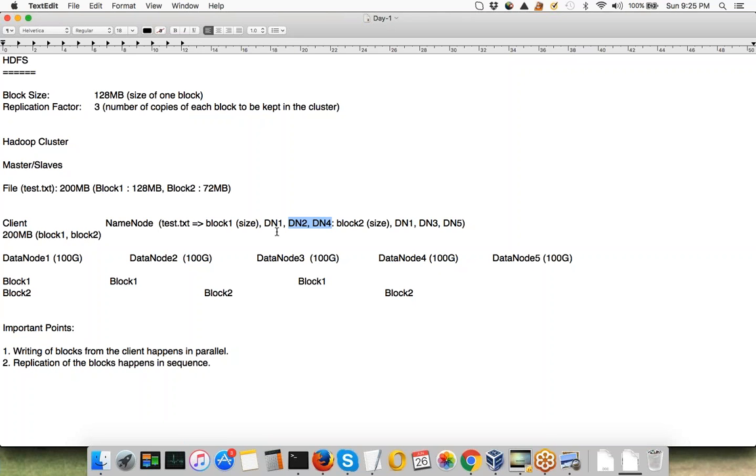I'll just talk about how exactly name node comes to know about these statistics, but for now just assume that name node somehow knows about all the statistics of the cluster, right? It knows what data is being written to the cluster because whoever client is trying to write data to the cluster, it has to first communicate with the name node. It will get the locations of the data nodes where it wants to write, and then it will write the data directly to those data nodes.